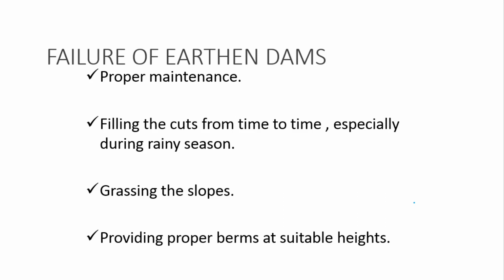Generally, for suppose, this is our dam, and here there is a small cut due to heavy rainfall. In our Maharashtra, both wind and rain will come at a time, so there will be some movement. Due to those movements there will be small potholes in our slope. On that slope we have to immediately fill with soil and make compaction. Then we can control our failure.